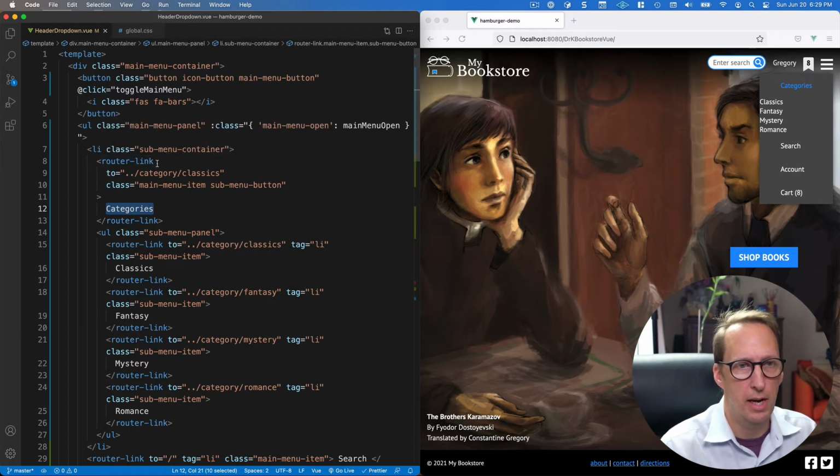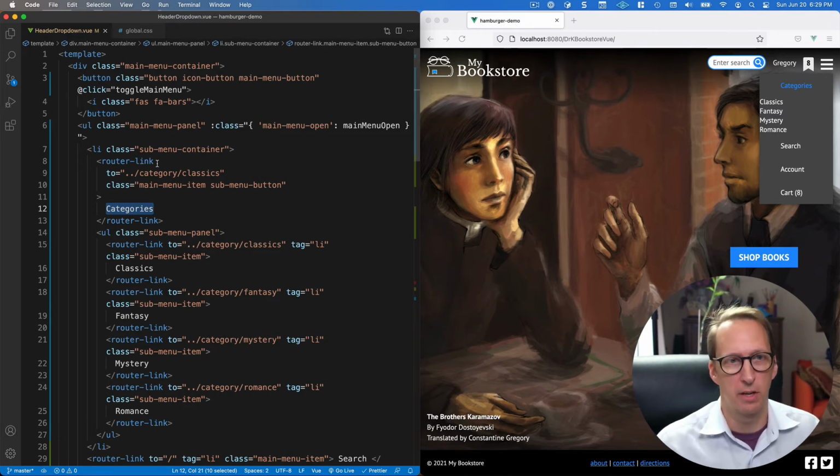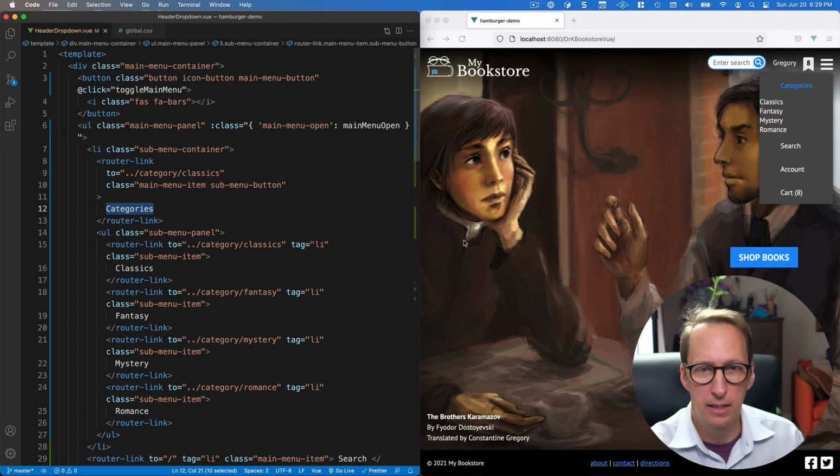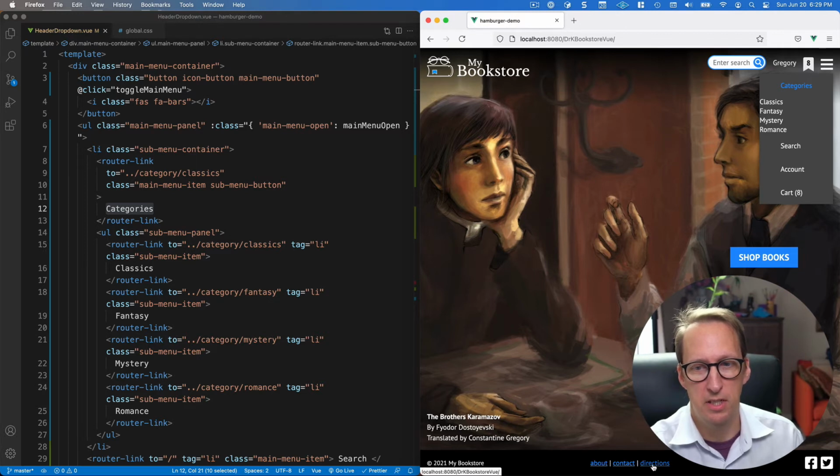It no longer has a tag of a list item, so its default tag is an anchor tag, and so its style is going to default to whatever the anchor tag style is. And you can see that my links or my anchors are blue by default,